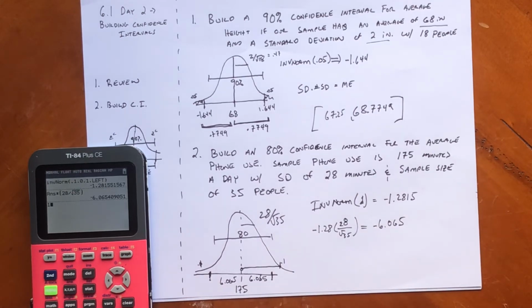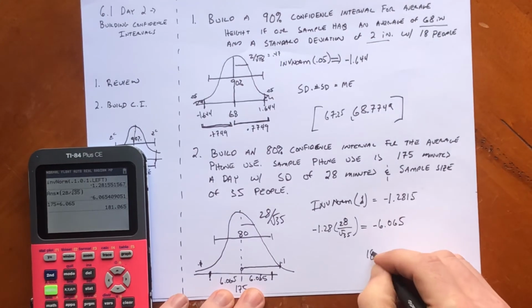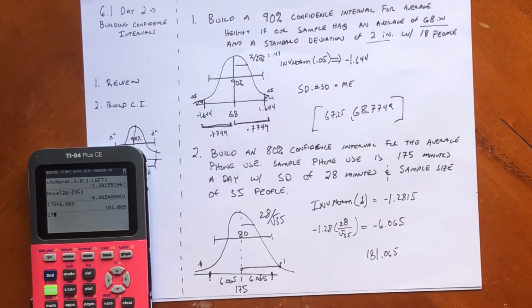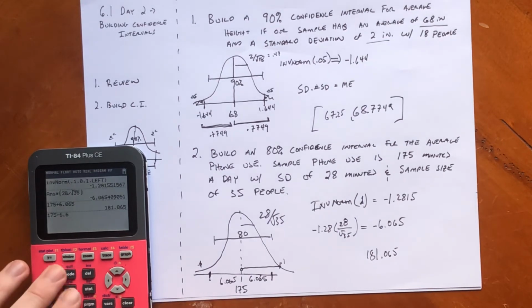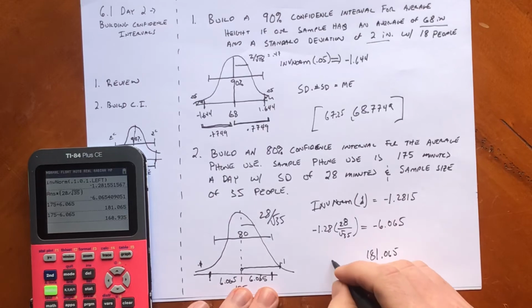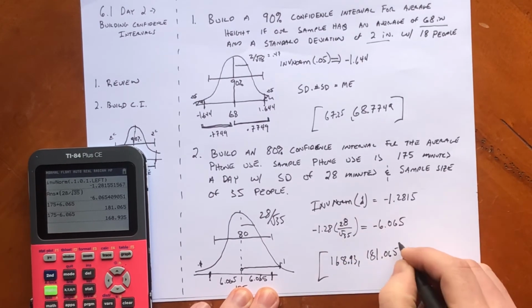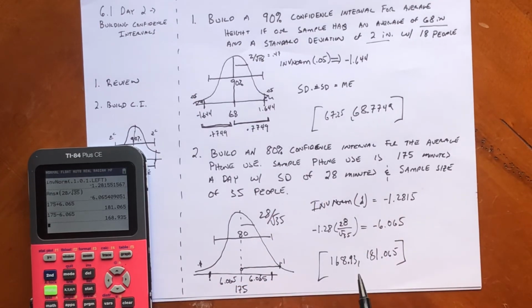So 175 plus 6.065, that's going to give me 181.065, and then do the same thing, 175 minus 6.065. It's going to give me 168.93. So I'm 80% confident that the average phone use is actually between 168.93 minutes and